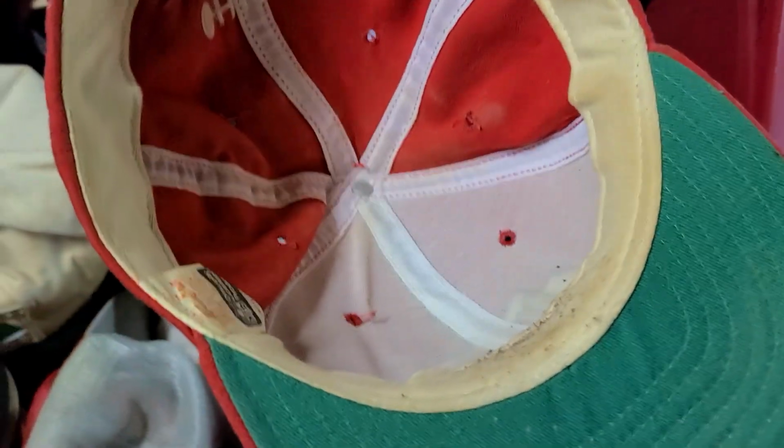Oh, I see one here. Chiefs. Now, that doesn't look super old, but it's kind of nasty too. But most of them are in good condition. Some of them are stained like this, but people will buy stained hats too. Again, as long as you disclose